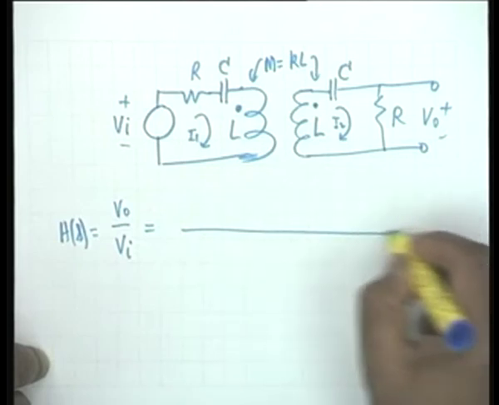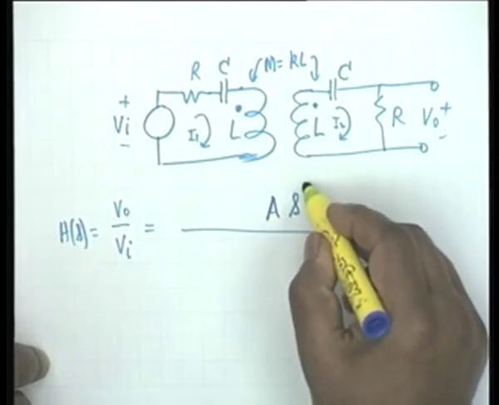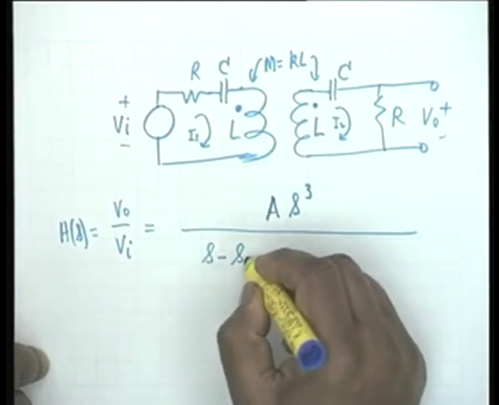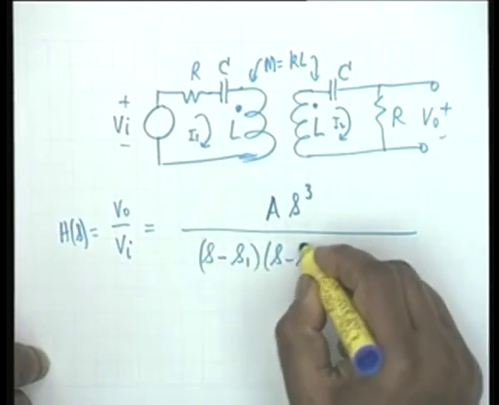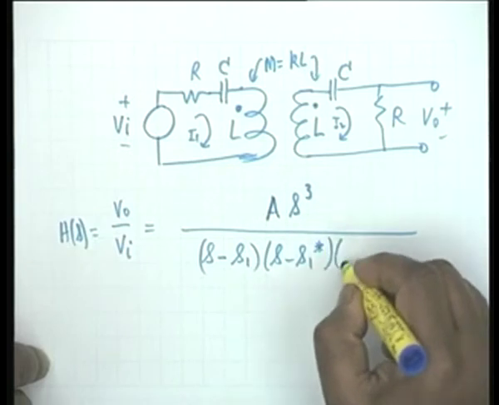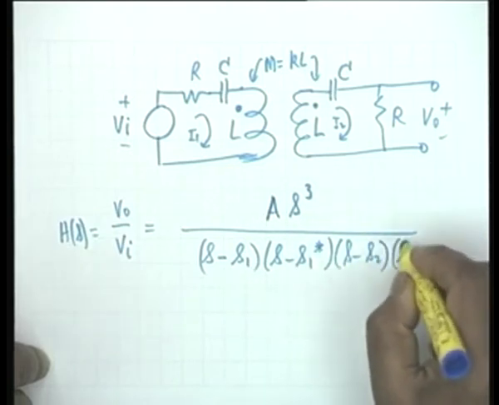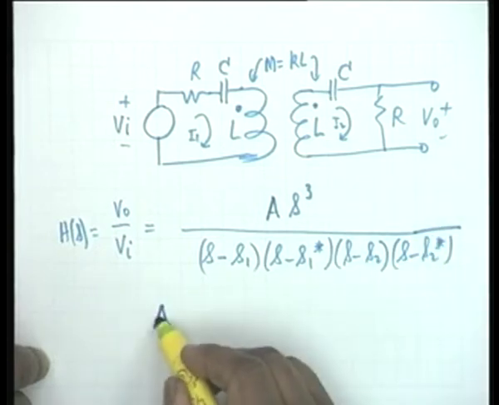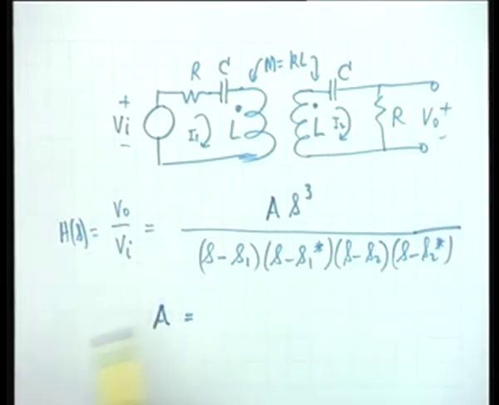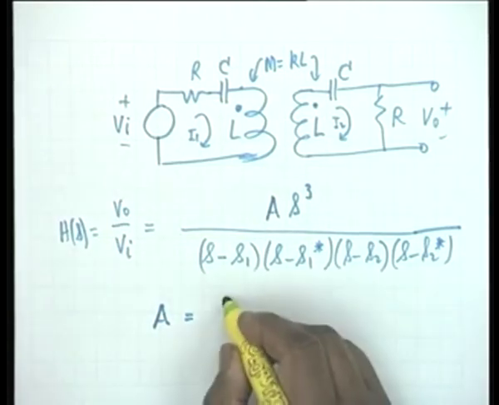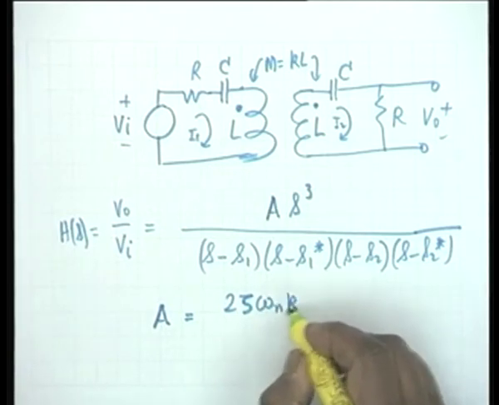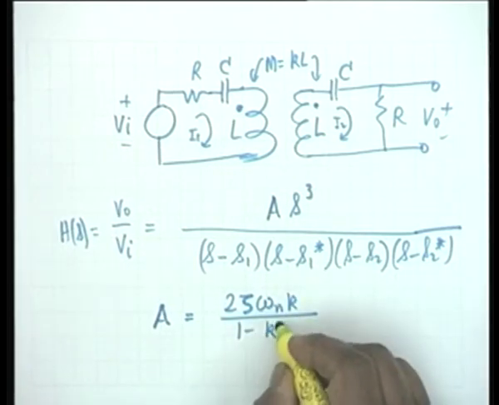equal to A S cubed divided by S minus S1, S minus S1 star, S minus S2, S minus S2 star, where capital A was expressed in terms of the damping coefficient and the natural frequency as twice zeta omega n k divided by 1 minus k squared,